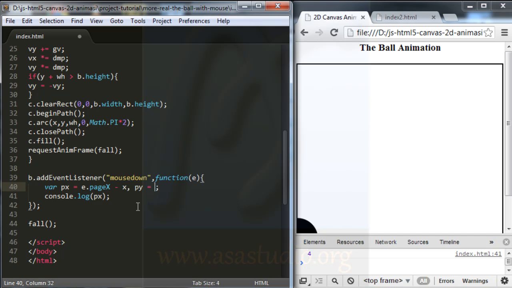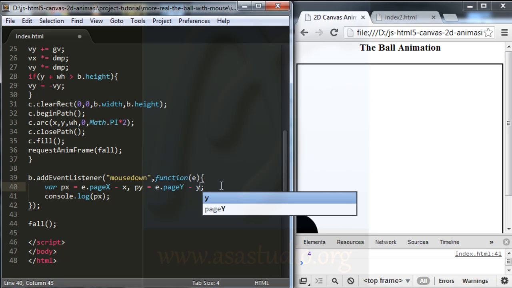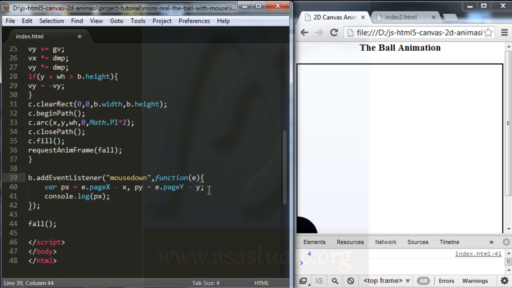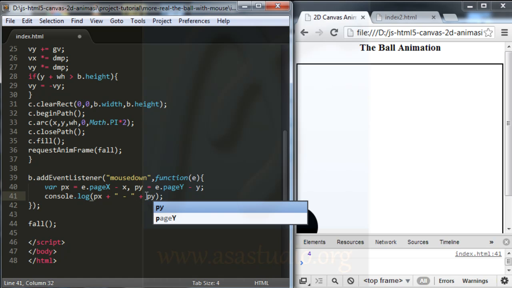Now I add a variable again, maybe py, equal to e.page Y minus y. Okay, like this. And now I add a check. In console.log, I add plus, double quotes, and I add py.